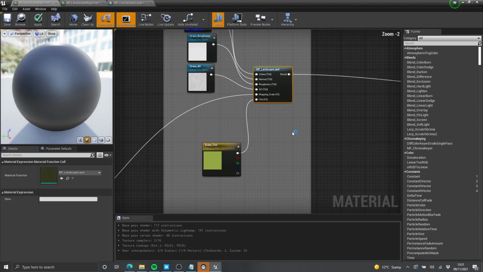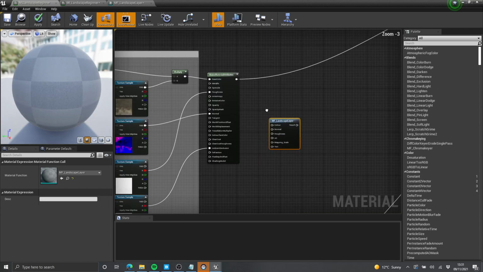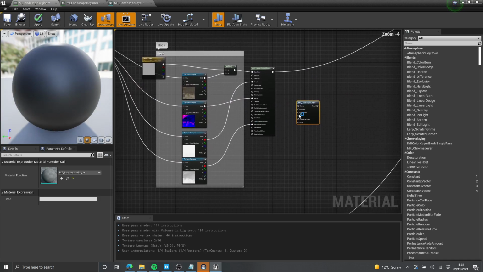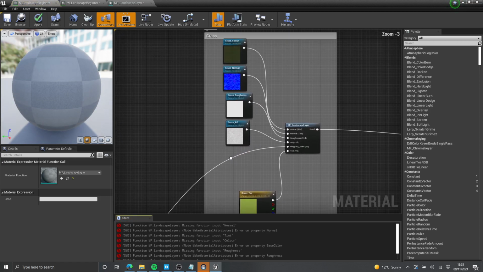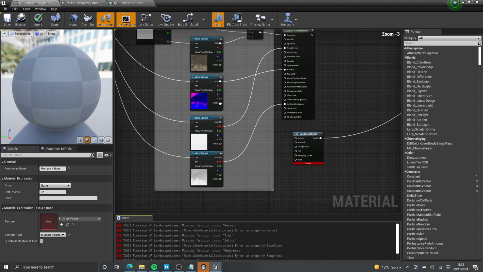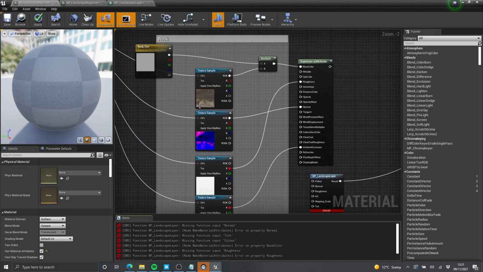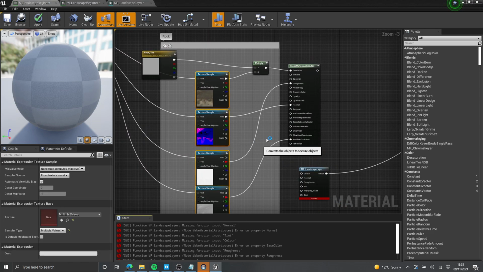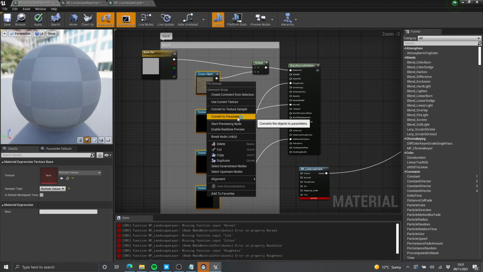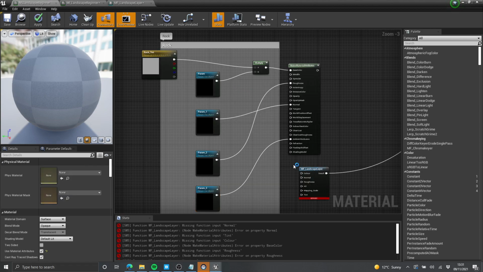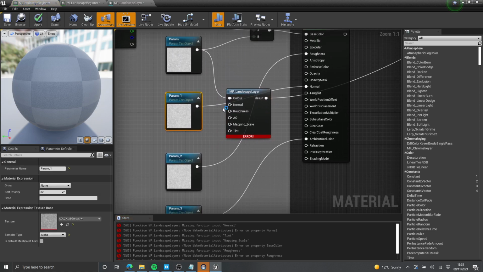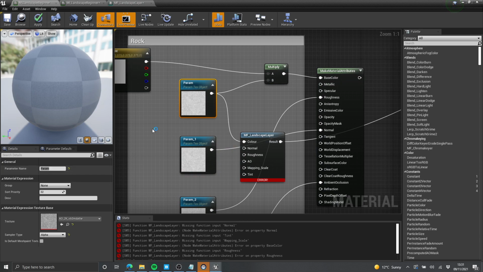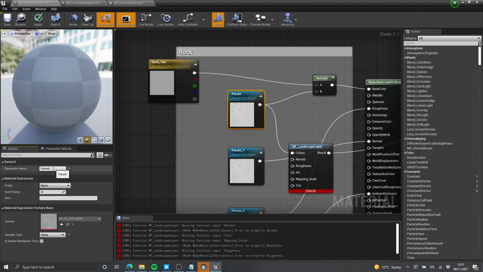Well, the advantage is we can now copy this node down here, and we can do the same thing for each of these layers. So we plug this in here. We'll need to grab all of those and convert these to texture objects. So click convert to texture objects, convert to parameter, and then we can plug in the color. I will actually name it, just for the sake of this demonstration, rock color,